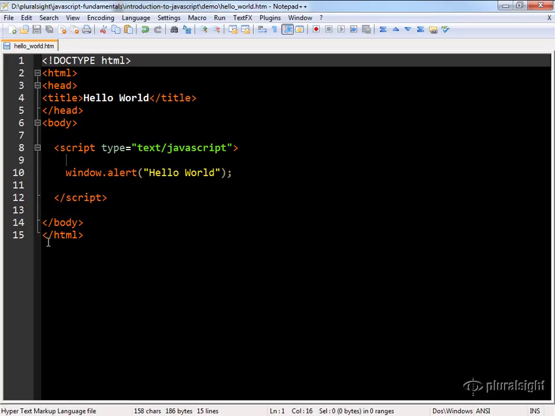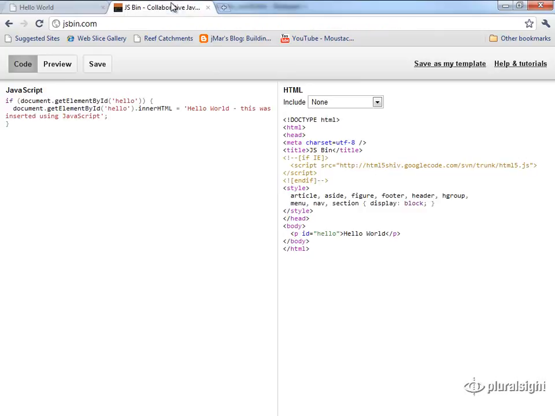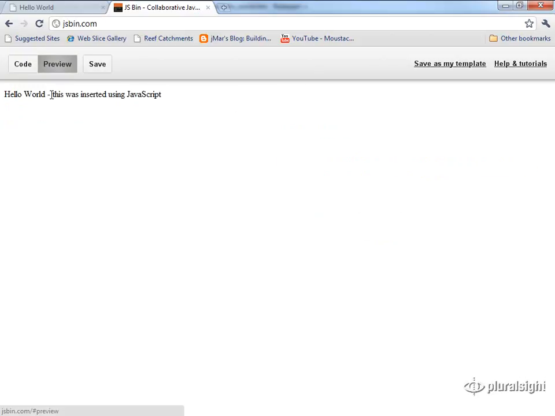Now, showing all of my examples by creating these dummy HTML files would get a little bit tedious after a while. So I'm going to use this web service called JSBin. JSBin is a simple application that lets you prototype JavaScript code. The screen is divided into two panels. On the right hand side there's the document that we're currently working with, and on the left you see a pane for entering JavaScript code. Now if I click the preview button, then this page will get executed and I'll see the output.